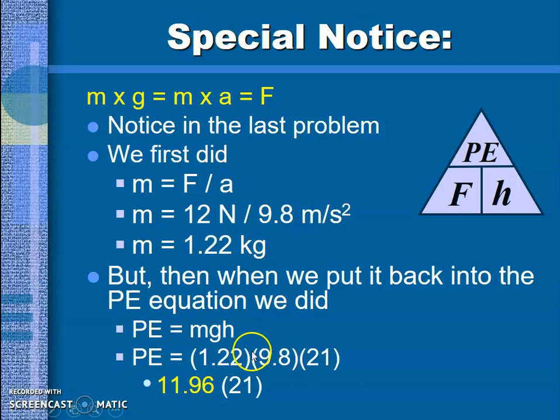Okay? So that means that you don't have to do that step. If you are given a force, you can just plug that force in for the m and the g. Okay? You can just plug that right back in because 1.22 times 9.8 equals 11.96, which if you round it is 12. Okay? So you can have this secondary potential energy equation where force times height equals your potential energy. Okay? So that's just a little bit of a shortcut so you can do it in one step instead of